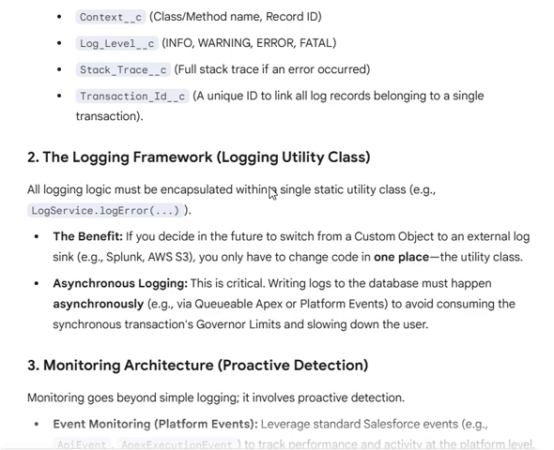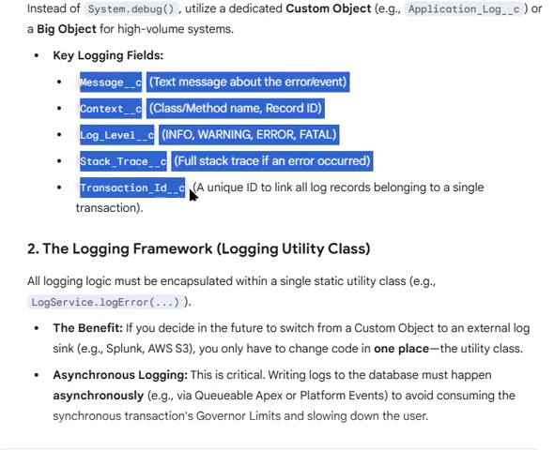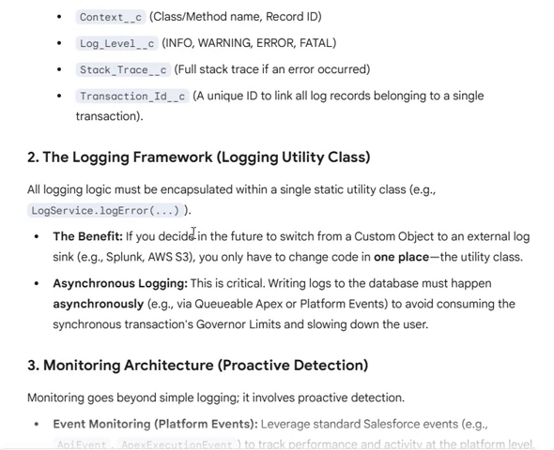If you talk about logging frameworks, there should be a separate class. And when we use that class, there should be a function which allows us to log our specific issue or log message, according to the fields that we just created. We also need to make sure that when that class performs a DML to insert it into the database, it works in an asynchronous manner, to avoid influence of that class on any synchronous transactions,